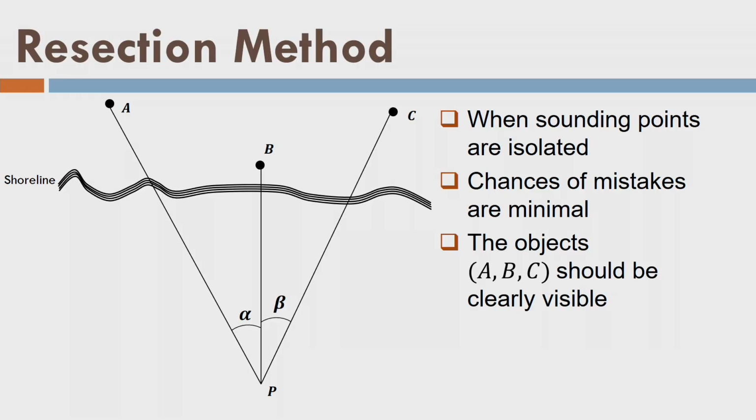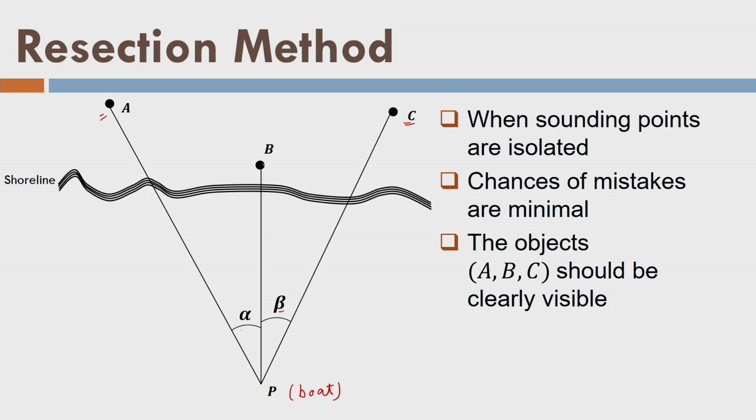In case of resection, we are at point P in the boat in the water, and from point P there is one surveyor T observing the angles alpha and beta to the permanent marks C and A. What does it mean? I know the coordinates of A and C on the map, and they are on the shoreline, permanent in nature. So I am making this point B my reference point, and around that point I am measuring two angles alpha and beta by sighting A and C from the boat, and I am using the sextant here. So this method is my resection method.